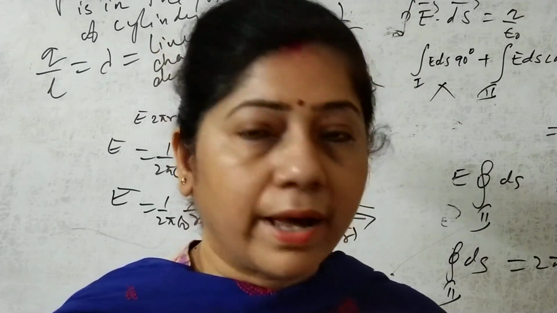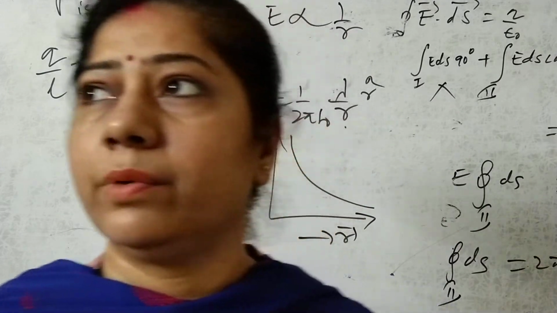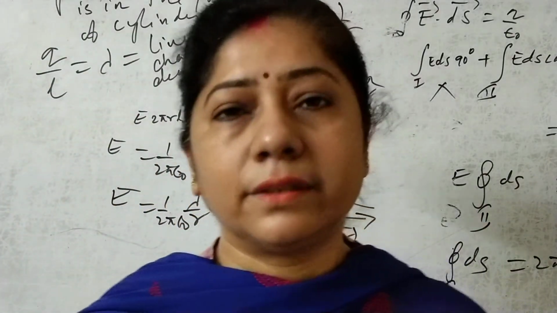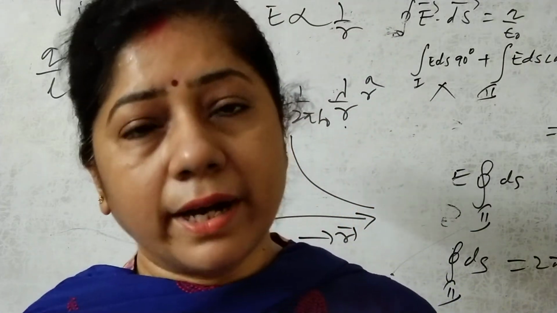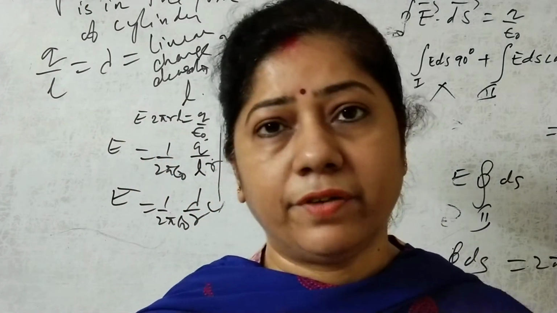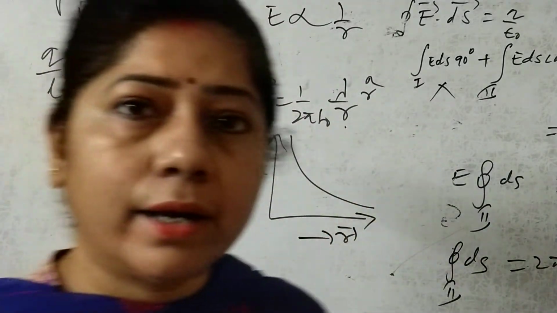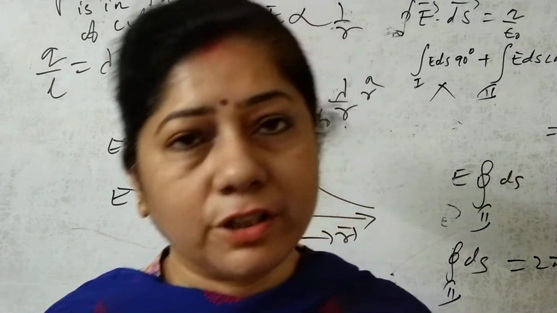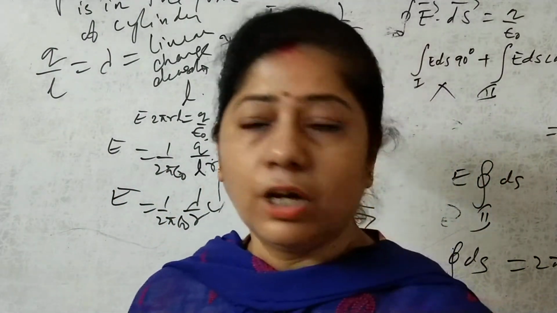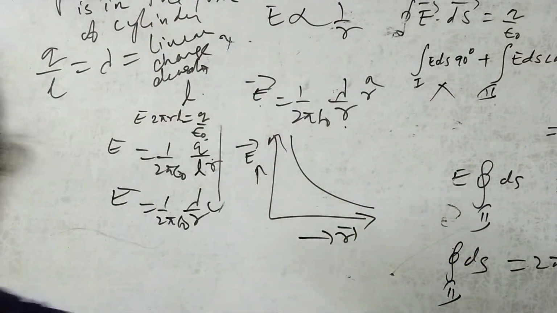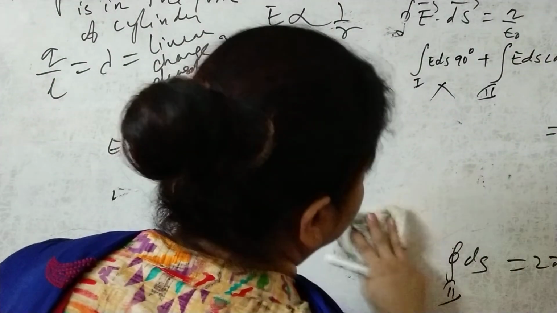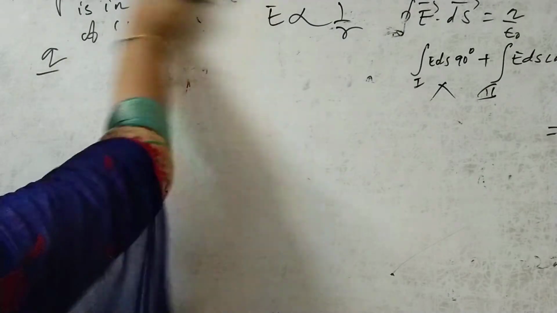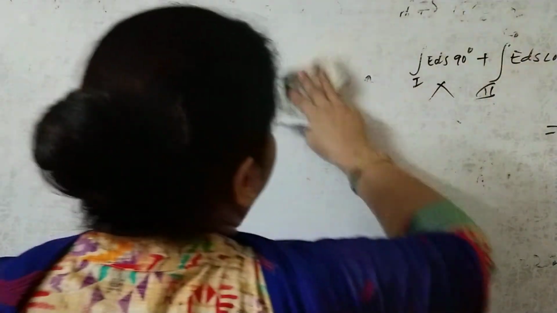So my point of view is that whenever you work with Gauss's theorem, you have to be very smart and understand which point you are taking care of to find out. Then you consider the whole shape that is given. Now let us assume you have a plane surface, and you are not able to understand what the area is all about. So we will take the area to be an irregular one. Okay, so this is what we did with the line charge. Now we do the planar surface. Planar surface means a two-dimensional figure. We have to consider the area.